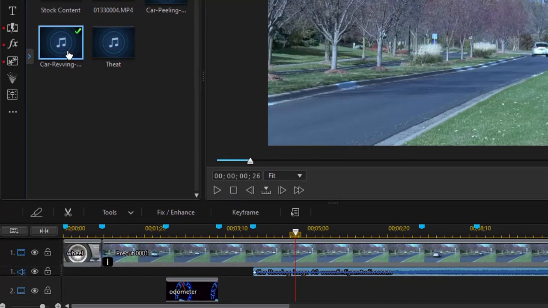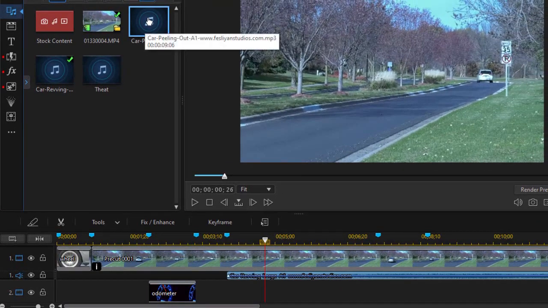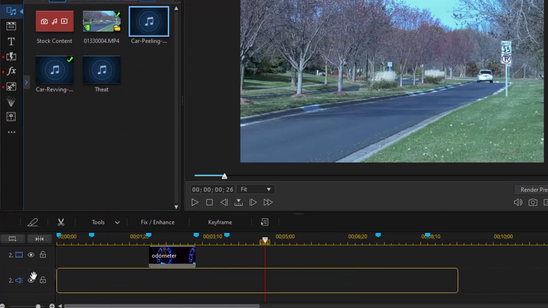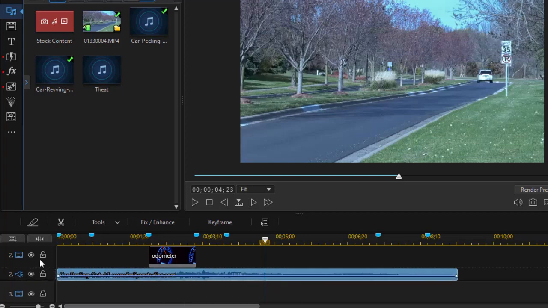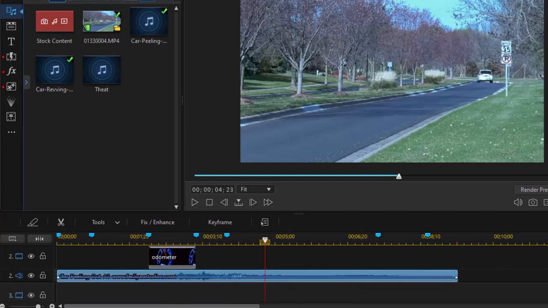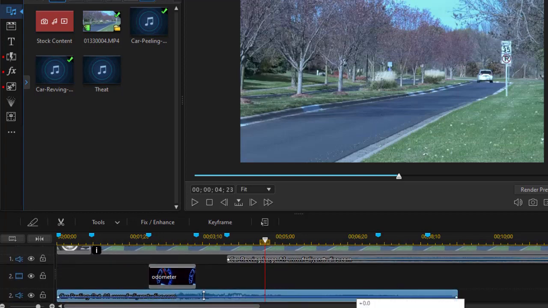I'm going to take another one which is called car peeling. That's where we start. I'll take my car peeling audio and put that effect on audio track number 2. Again, it doesn't matter which track you use. We're going to have these overlap, as you notice, because I have this one going at the same time as